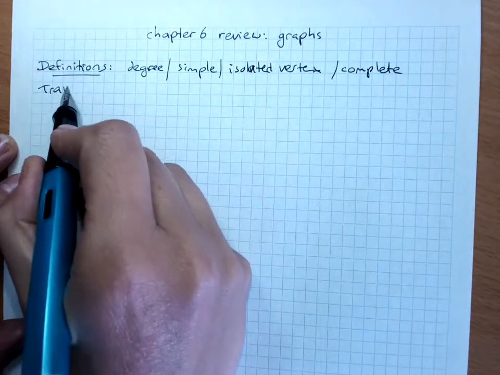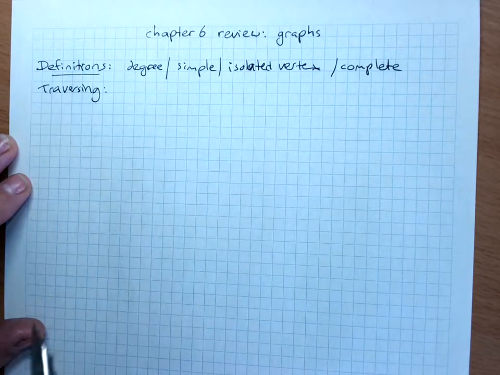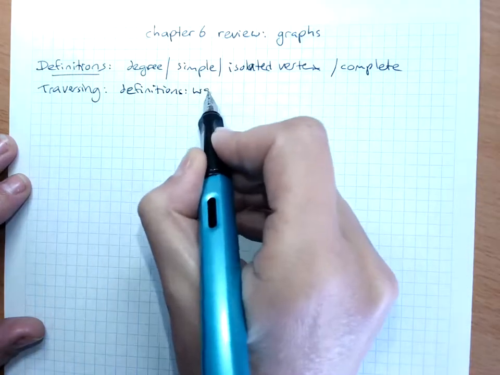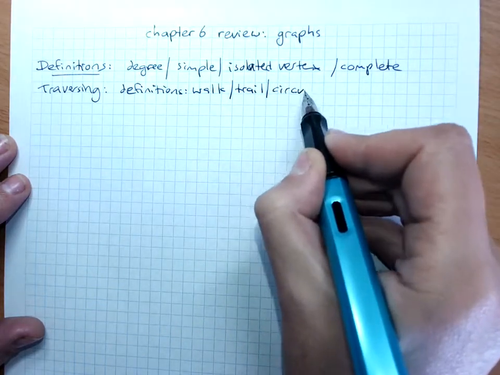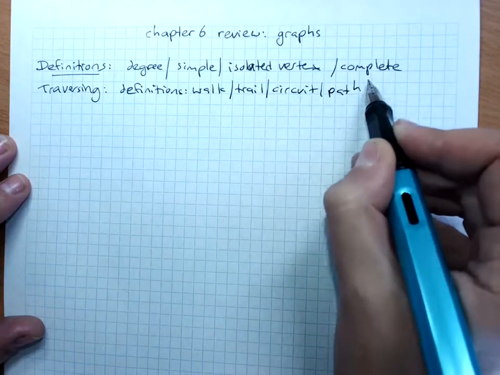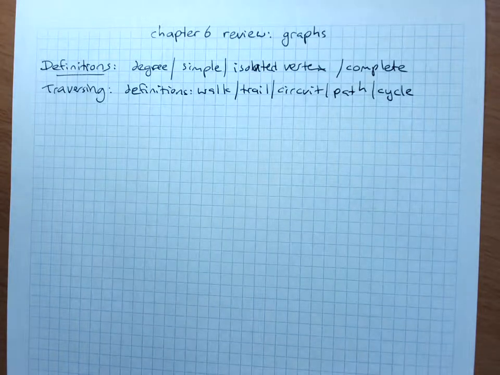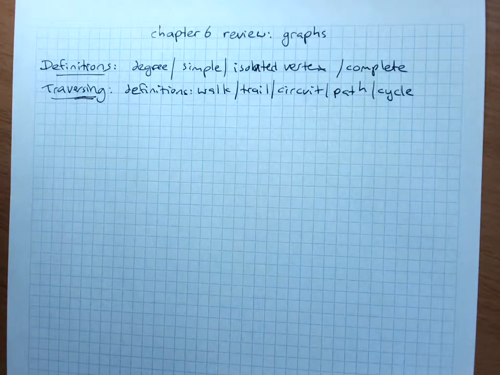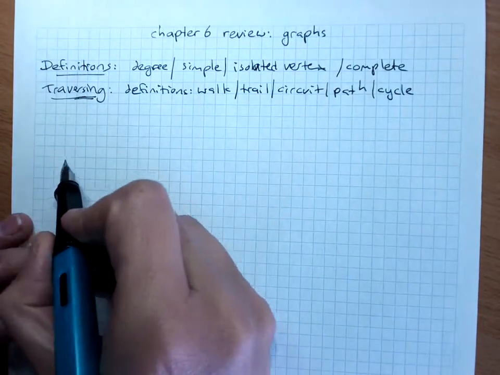For traversing a graph, you would want the definitions of a walk, trail, circuit, path, and cycle. And you can get those straight from the book, so there's not a huge amount of point me going through those, but just a reminder that that's really quite important. From the point of view of the skills that you need and the other stuff that we'd want to have gone through,